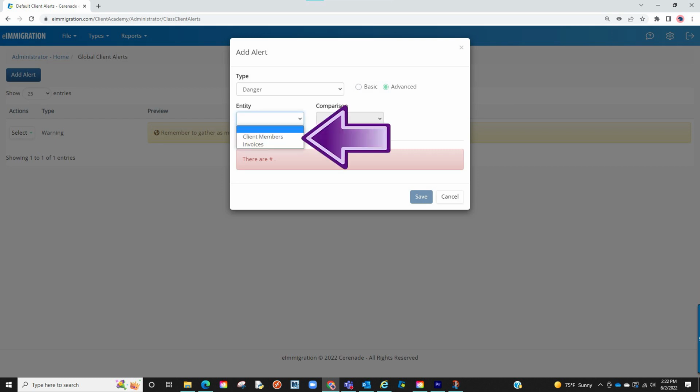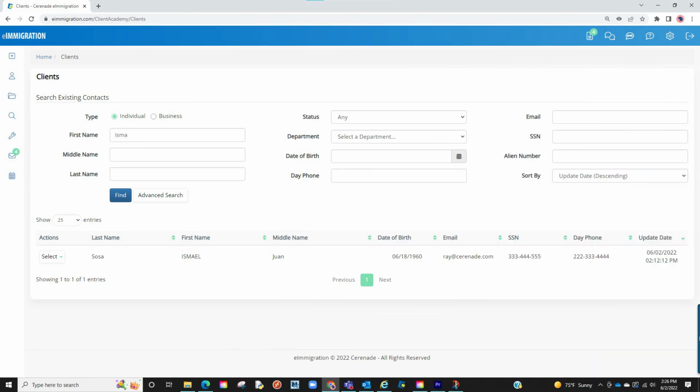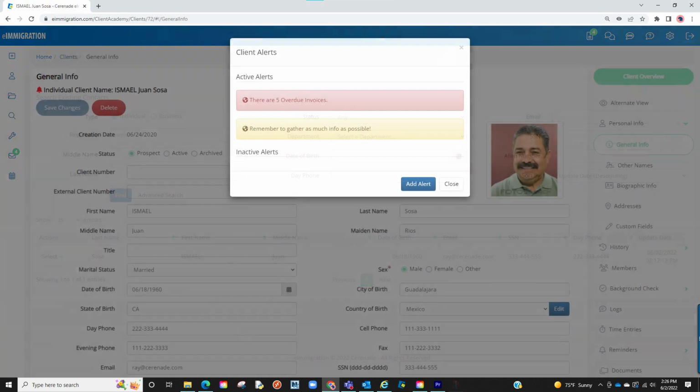First, you will see client members and invoices, meaning the smart alert will be related to the one you select. If we select Invoices, we will see the comparison where we can select R, and the last drop-down menu will appear where you can select Overdue. You will see a preview of the message below and finalize by clicking on Save. By doing so, if we access any client profile and if they have overdue invoices, the smart alert will inform you of how many overdue invoices are presently associated to this client, a quick and effortless way to always be